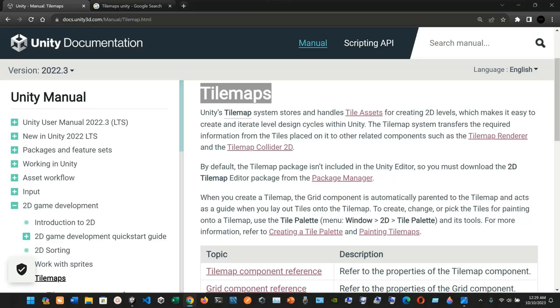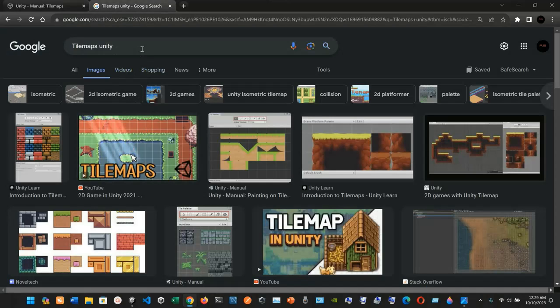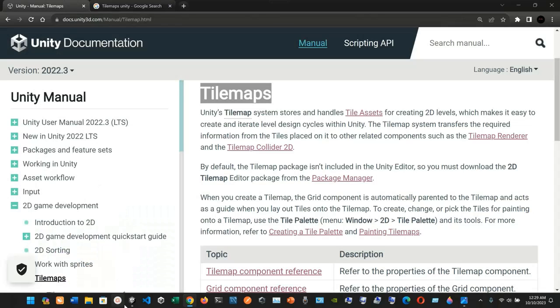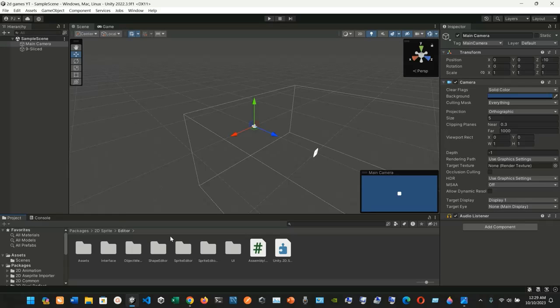Unity's Tilemap system stores and handles tile assets for creating 2D levels, which makes it easy to create and iterate level design cycles within Unity. The Tilemap system transfers the required information from the tiles placed on it to other related components such as the Tilemap renderer and the Tilemap collider 2D. If you search for Tilemaps Unity in Google, these are some of the examples that you can see. And if we go into our software,